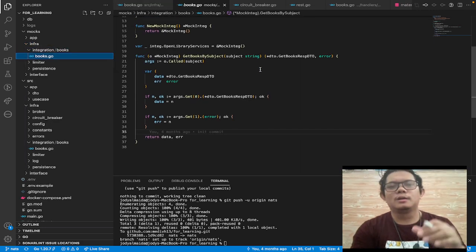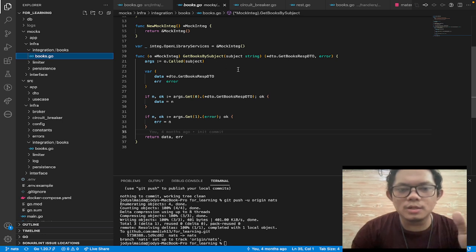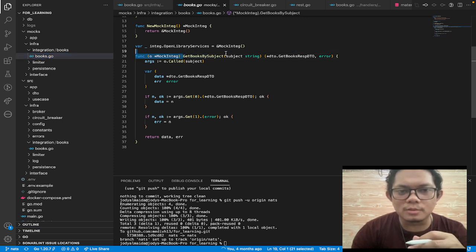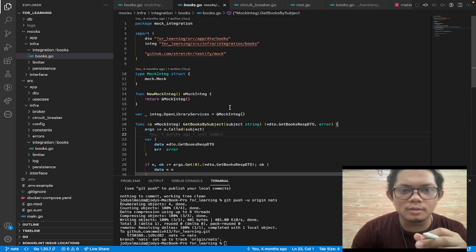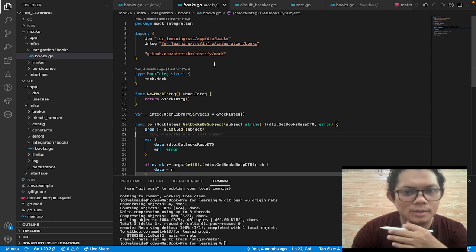When we use the interface, the mockups don't have to know all the things running in the entire method. So this is how to make the mockups, and for the mockup I use a testify mock.